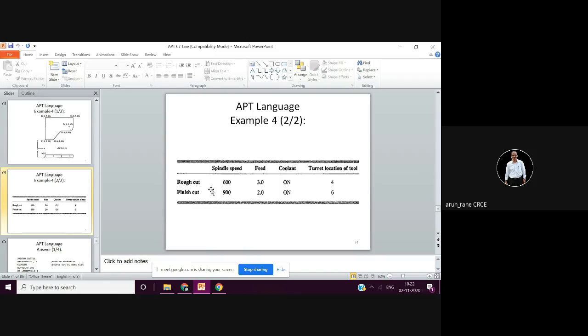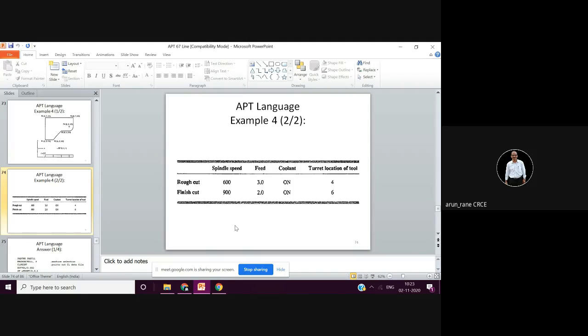Don't do rough milling first and thereafter write a program for tapping. No. You have to follow the same sequence which has been described in this table.